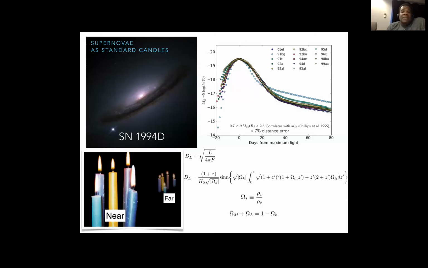So what this does, as I said, is allow us to measure distance, but that distance depends on some cosmological parameters. How we perceive distance with redshift, or the expansion of the universe, depends on how much matter there is in the universe, whether that be ordinary or dark, and of course, how much energy there is in the universe, whether that be ordinary or dark, and curvature as well.